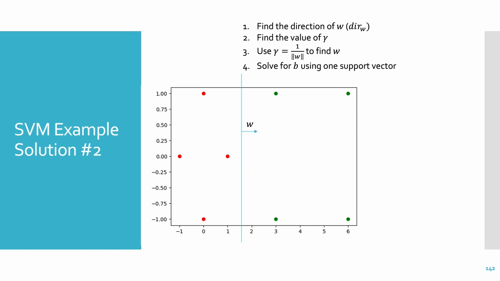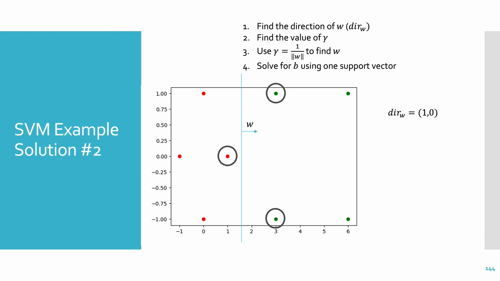So it could be like this. We can say the direction of W is 1, 0. We could actually say 2, 0 or any scalar multiple of that. That's because directions are directions no matter the magnitude. The scalar multiple of a vector points in the same direction as the original vector. Now that we have the direction of W,